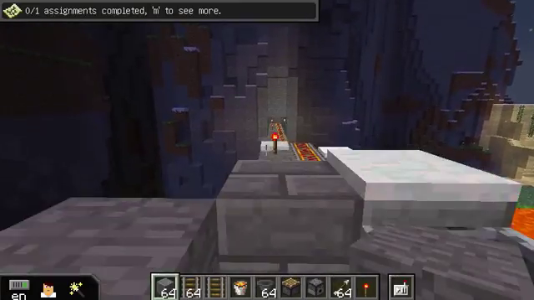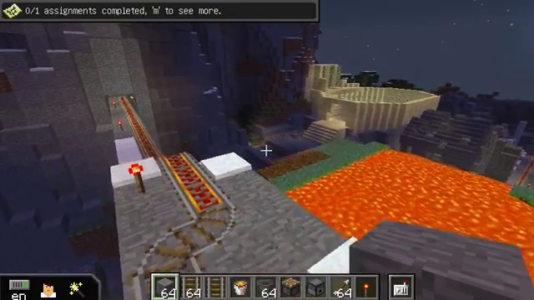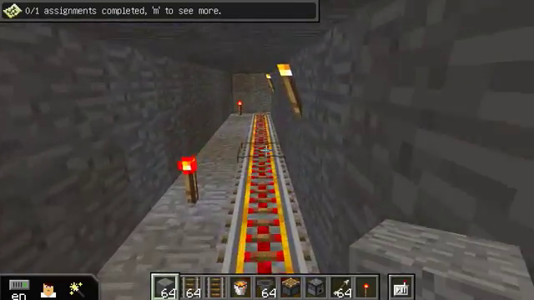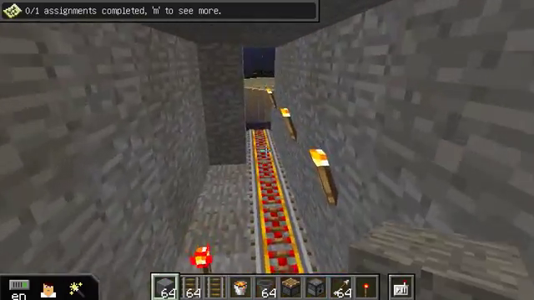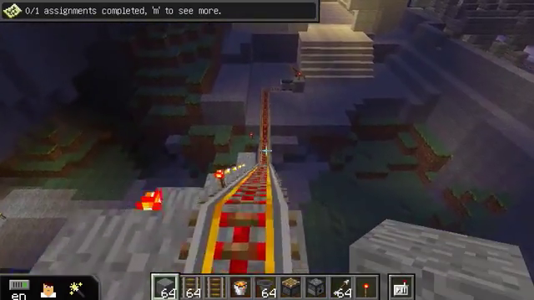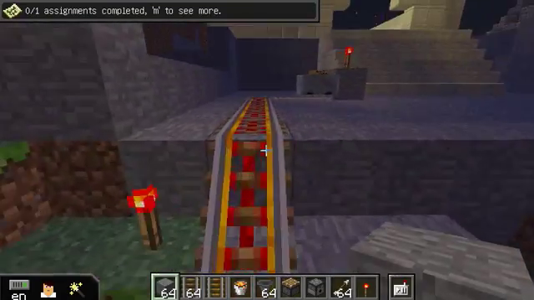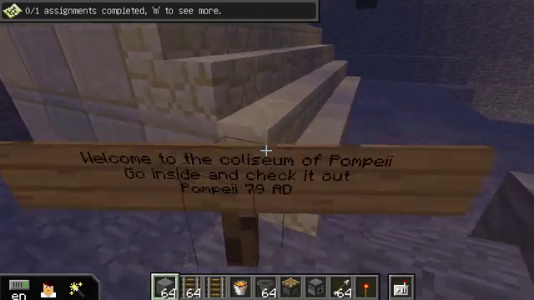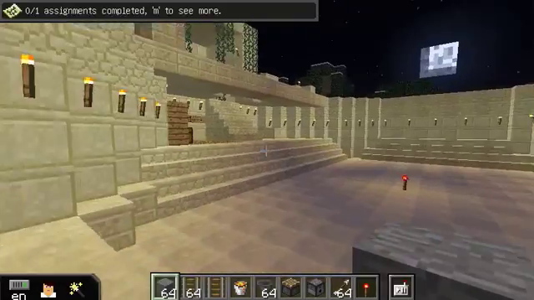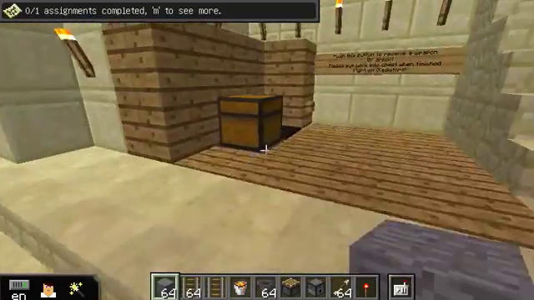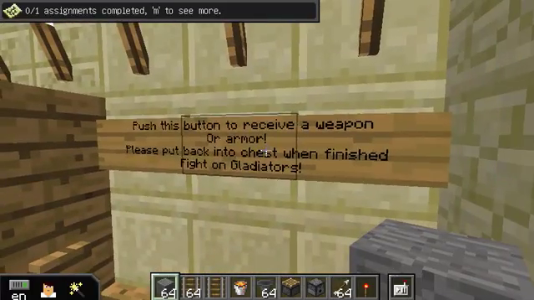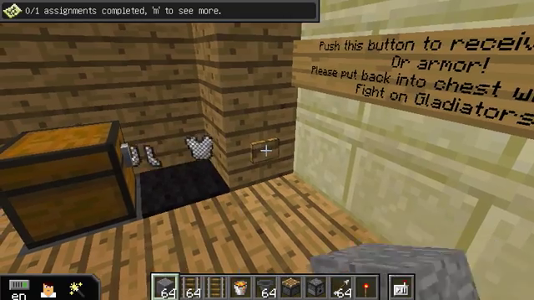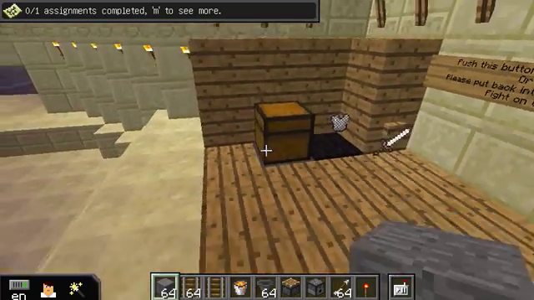But it basically will take you down to the next part of our project, which is the Colosseum. We thought of designing the Colosseum for this project because Pompeii had a Colosseum before. I wasn't sure where exactly it was. I just found out that it was here. So we designed one to have another interactive and to show kind of how the Colosseums looked sometime in their prime. And then we also have these buttons here to dispense armor and everything, so players can pretend to be a gladiator and fight in the Colosseum.